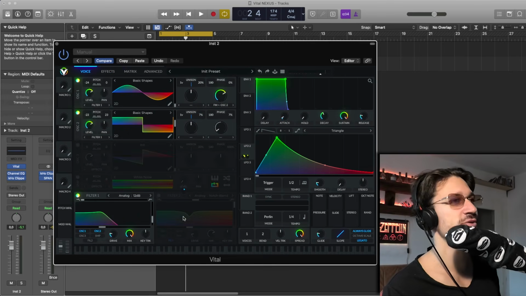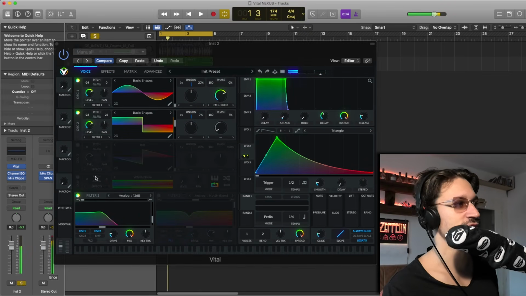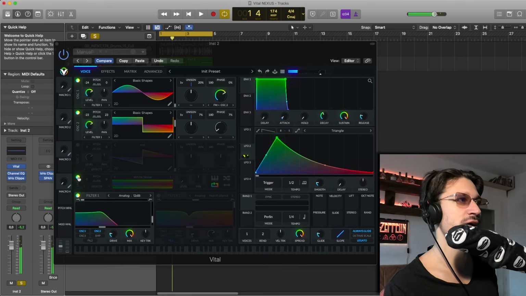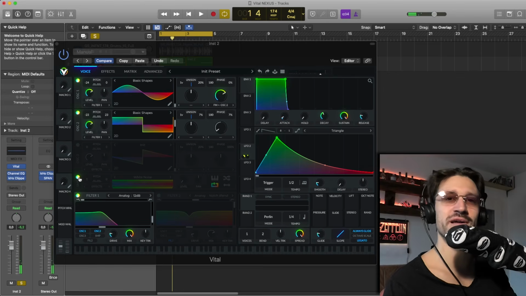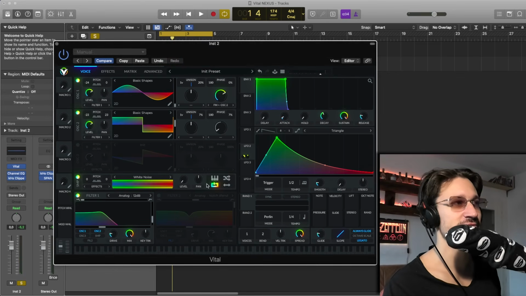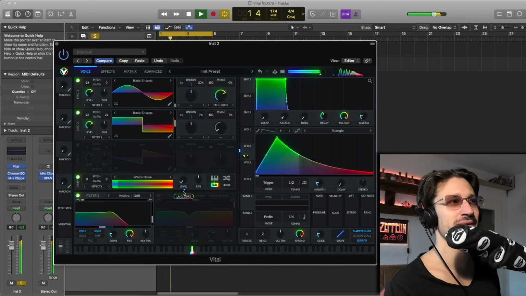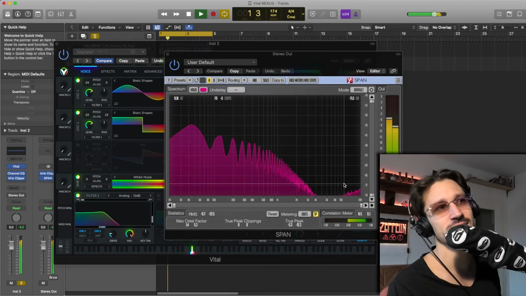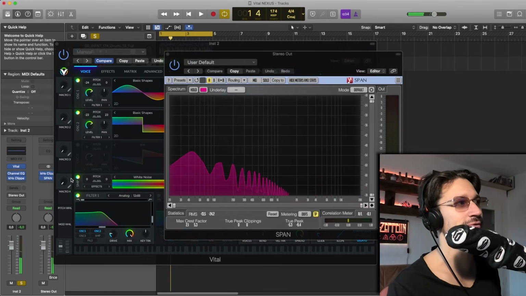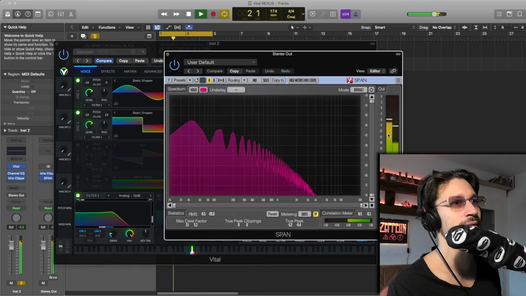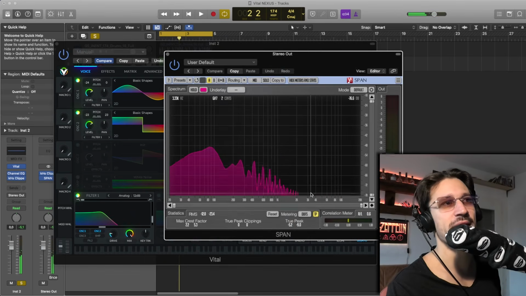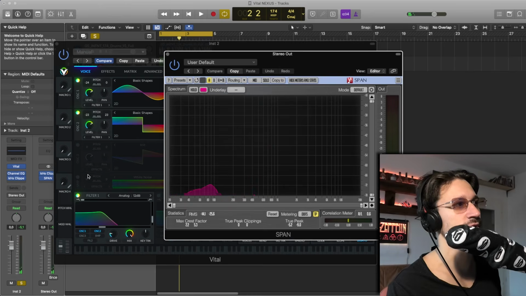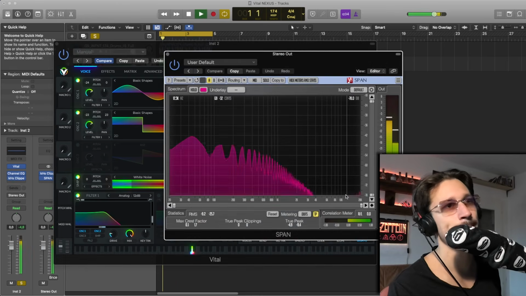One more thing as well, when you're doing stuff like just low pass basses, the sound's always going to sound more full and complete if there's some high end on it, even if it's just a touch, like a tiny bit of white noise. You can see the white noise poking up here on Span. But without it, it ends around 4K or something. But if we put that noise back on,